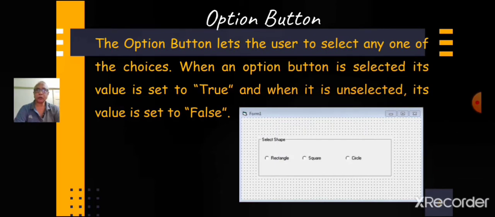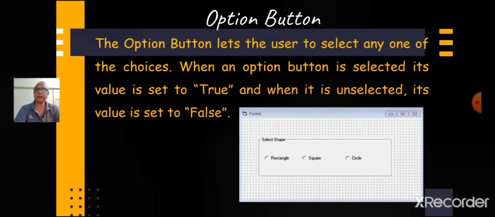Option button controls are used in a group of two or more because their purpose is to offer a number of mutually exclusive choices. Anytime you click on a button in the group, it switches to a selected state and all the other controls in the group become unselected.